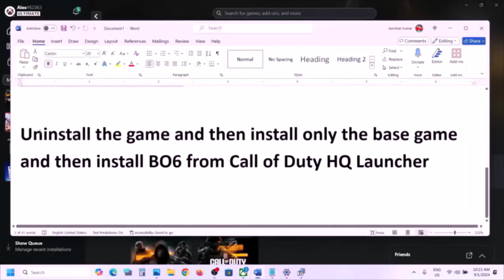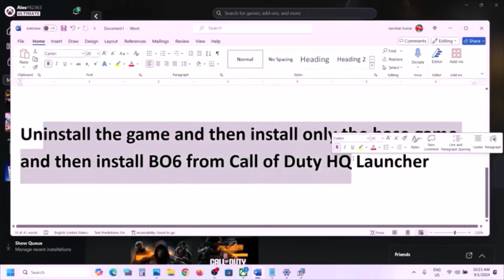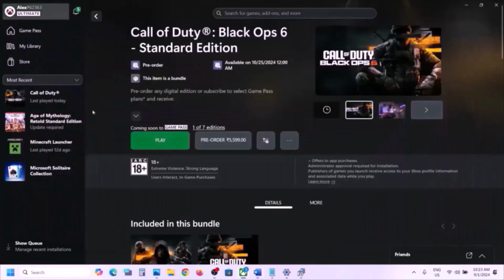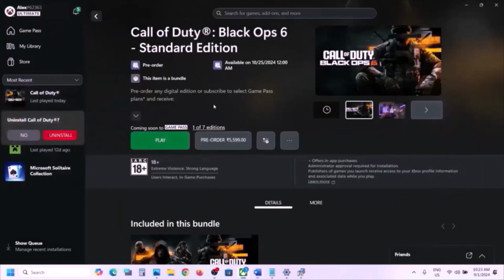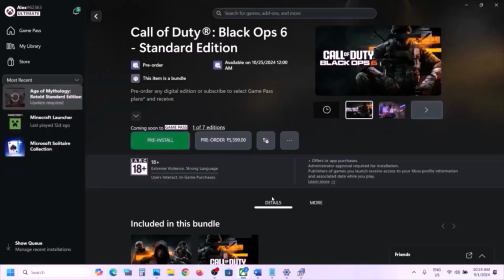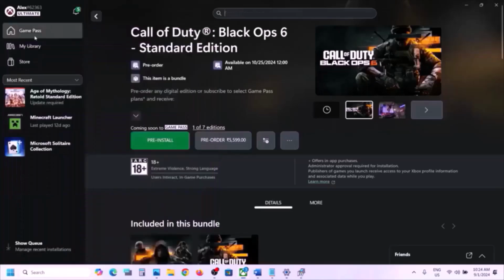Next step is to uninstall the game and then install only the base game and then install Black Ops 6 from Call of Duty HQ launcher. Now for this, if nothing is working, you can just right click on the game and then click on uninstall, and let the uninstall complete. Now it's uninstalled. Now restart your computer if you want. So restart your computer, open Xbox app,